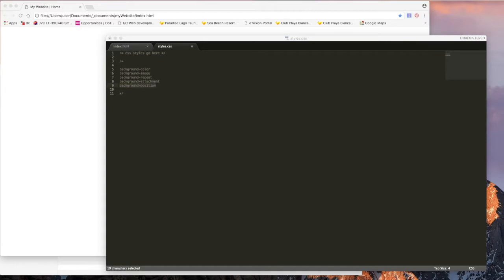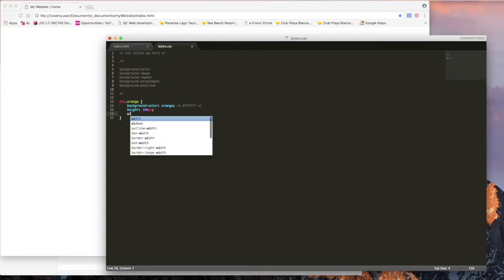So background colour. The background colour property specifies the background colour of an element. So the background colour of a div is set like this. Please note you can use hex values and RGB values, but we'll just use predefined values for the purpose of this exercise. First example, there's a div with a class of orange, and we'll set the background colour to be orange. So do this for yourself and take a look at the effect in the browser. You can set some other properties like height, width, etc. to see what it will actually look